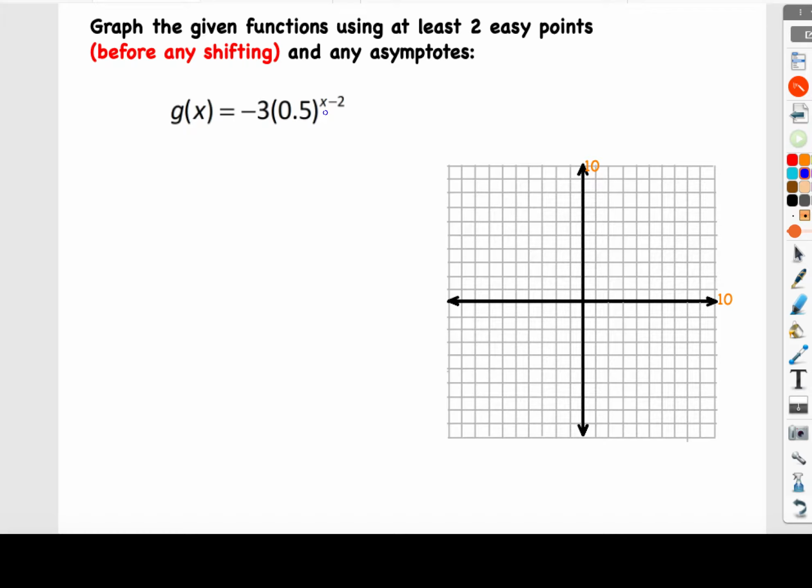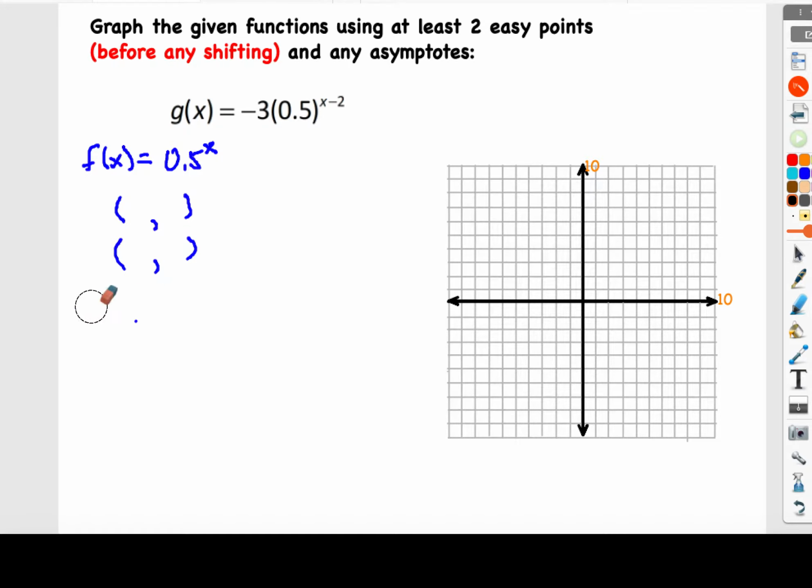So what I'm going to think about is g of x really has a parent function, f of x. There's a simpler function there. And f of x for me is going to very simply be just 0.5 to the x. I know that 0.5 to the x has a couple of easy points to find. I know that it also has a horizontal asymptote, because it's exponential, at y equals 0. And so if I want to find some easy points and take advantage of that horizontal asymptote, I'm